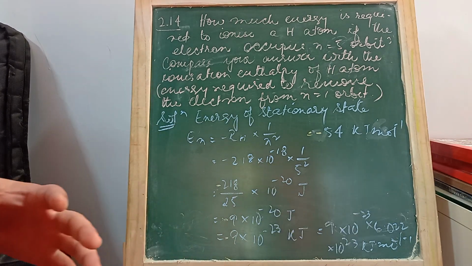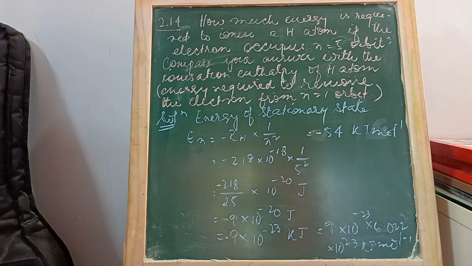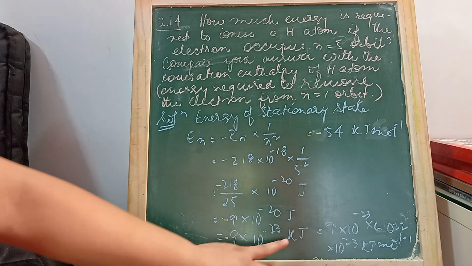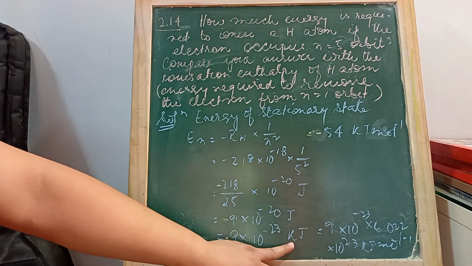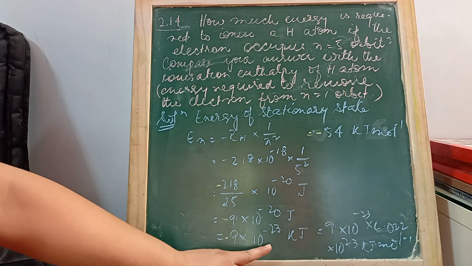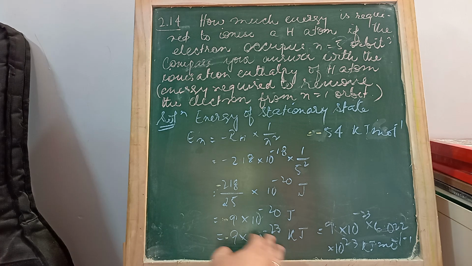Now, if the question wants you to write the value in kilojoules, how will you do it? Kilo means what? I wanted to add 10 to the power 3. Somehow I wanted 10 to the power 3 here. So to nullify this, you add 10 to the power minus 3 here. So it becomes 10 to the power minus 23. So it's minus 9 into 10 multiplied by 10 to the power minus 23 kilojoules. This much energy is required